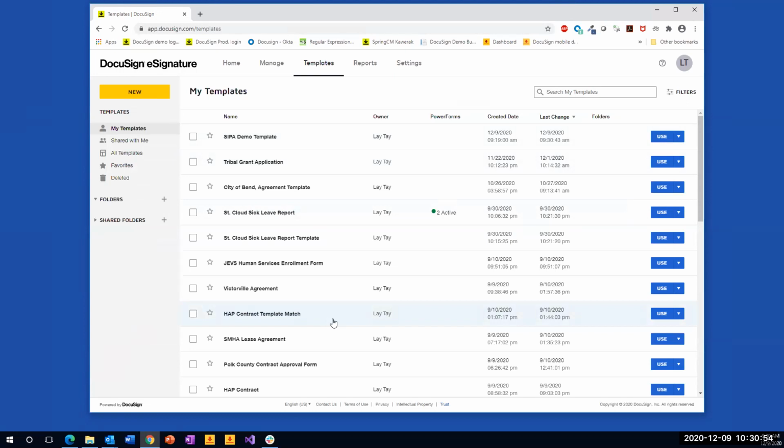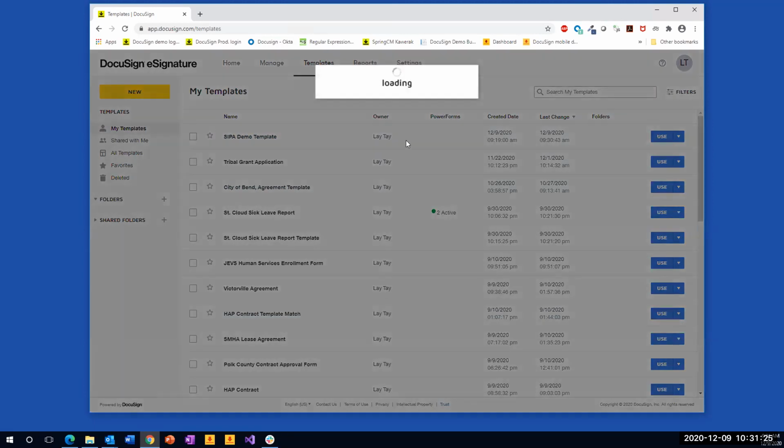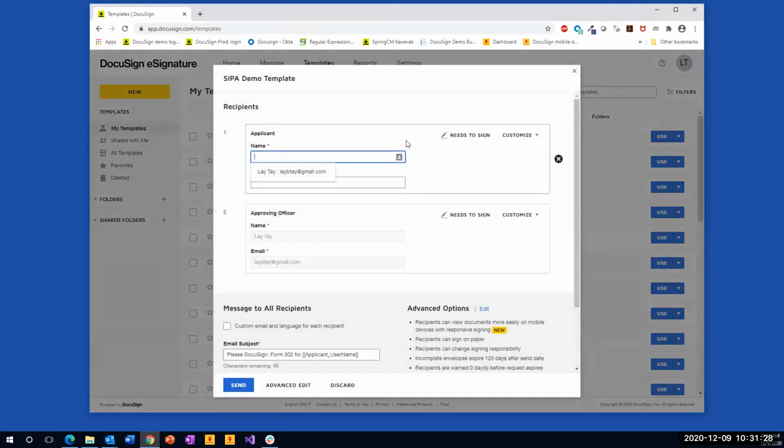There are multiple ways you can use a DocuSign template. I'm going to walk you through a couple of those. Method number one would be, let's say that you have a member of the public, a resident in your county or in your city, calling your department and asking, hey, which form do I need? Can you send me one? With DocuSign, good news, you can say yes. So let me get your name and your email, and I'm going to send you a form. So what you do is you log on into your DocuSign account, go to templates, and select the form you wish to send, right? You select use. When you do that, DocuSign will create a fresh envelope out of the template itself.